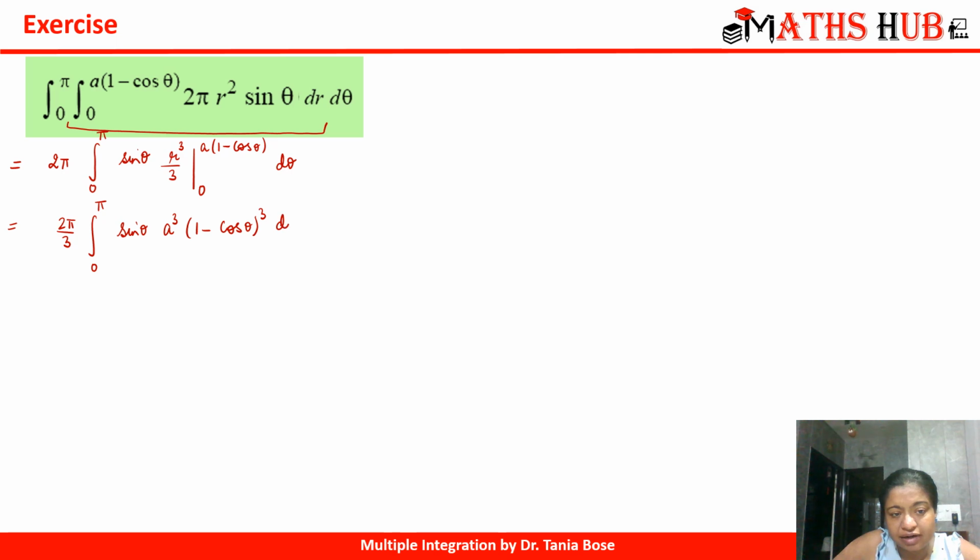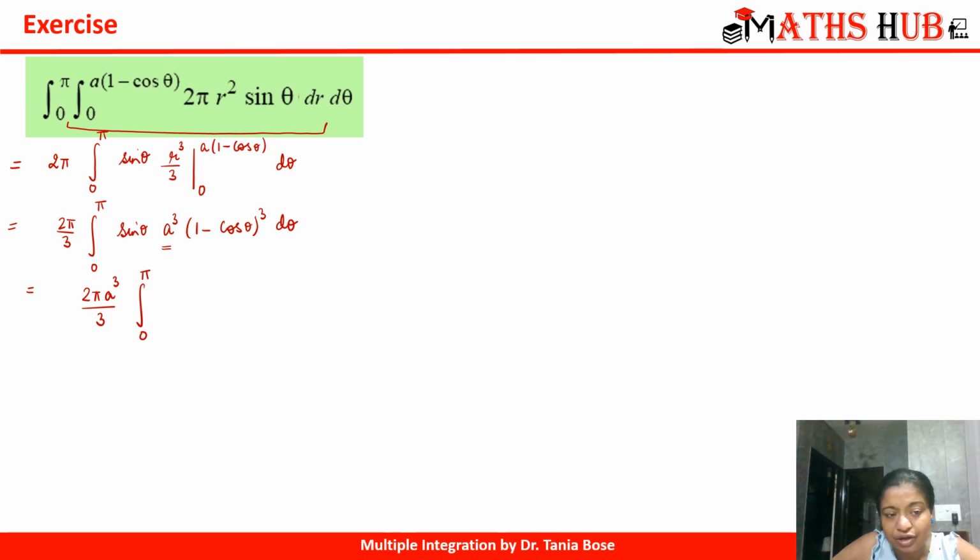Okay, and integration is with respect to theta. So in the next step, I can also take this a cube outside. That is also constant. So we get 2 pi a cube by 3, integration 0 to pi. Now, if you remember, the reduction formulas only work when the limit is from 0 to pi by 2. Otherwise it won't work. So let us convert these trigonometric terms into something else so that we can apply the